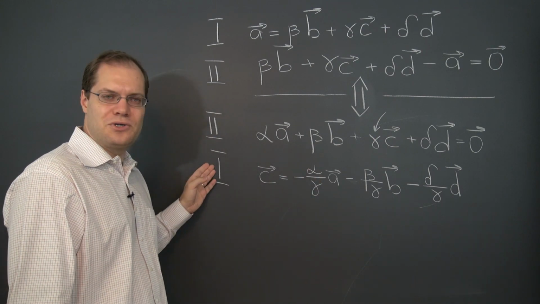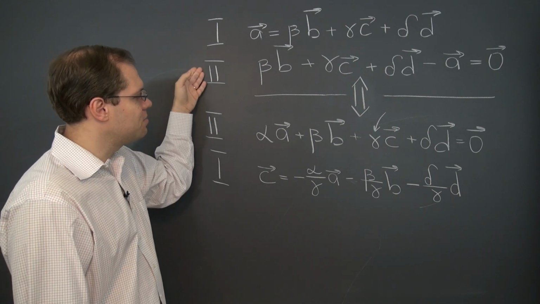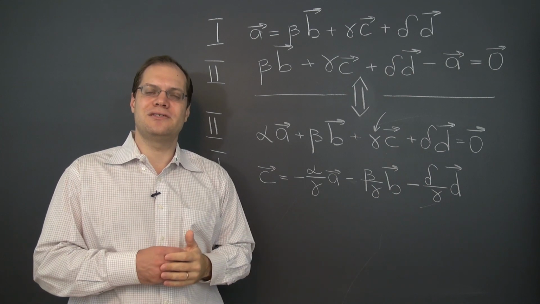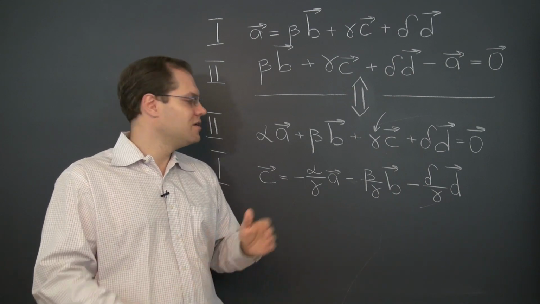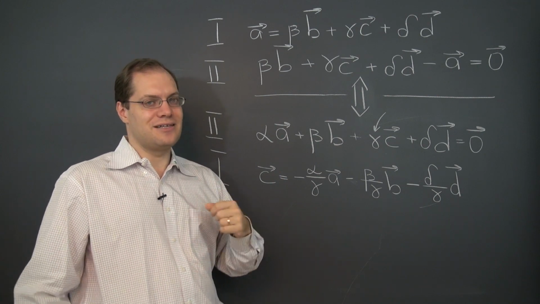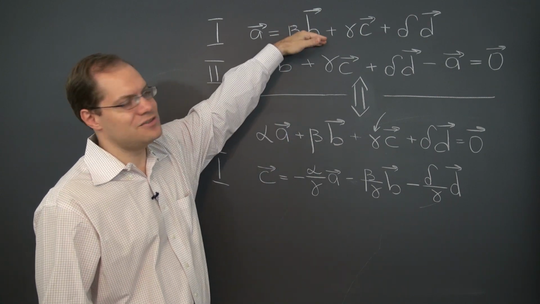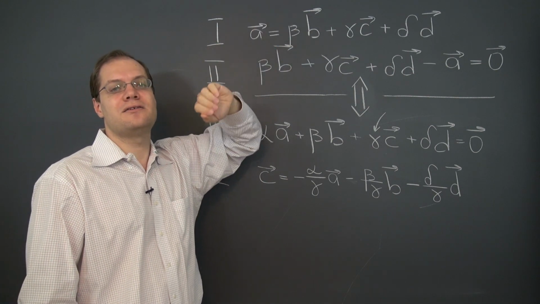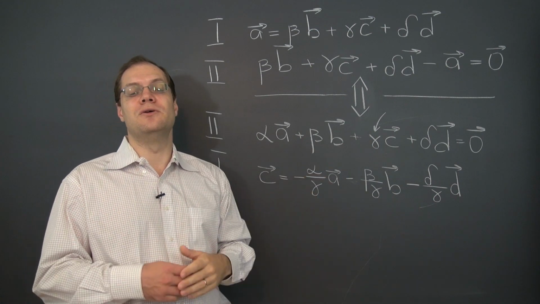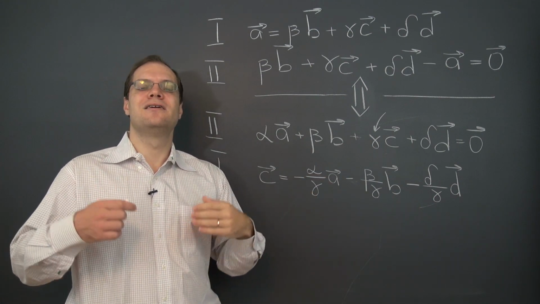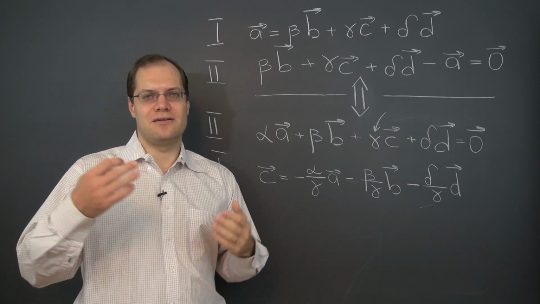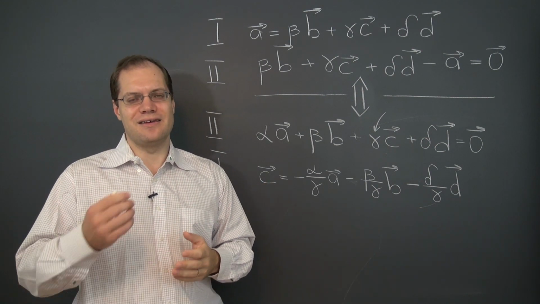So 2 implies 1. We showed before that 1 implies 2. So the two definitions are equivalent. And you will see that in the future, we will use these definitions interchangeably because after all, they're equivalent. In some situations, it's more convenient to use this one. In other situations, it's more convenient to use this one. So what we're going to do in the next few videos is consider a few examples and exercises that are based on the concept of linear dependence and linear independence.